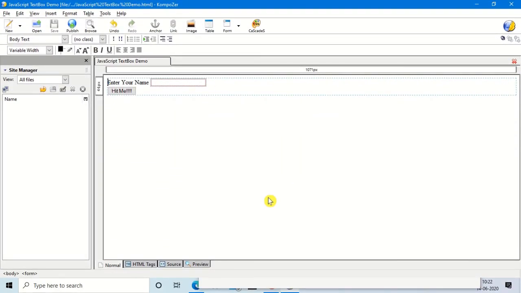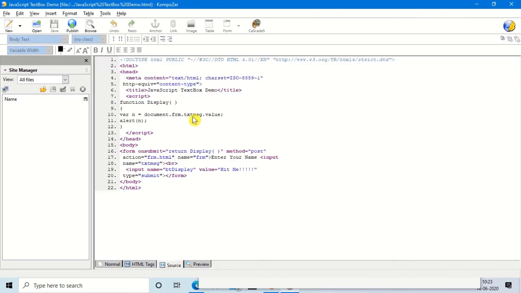Okay, suppose you want to display the message which you have entered in the text box plus some additional message, like when I give my name to this box, then it shows the message welcome to Dhananjay when I click on the hit me button. Let's see how to do this. So come to the source, and in this alert you can add some additional message.